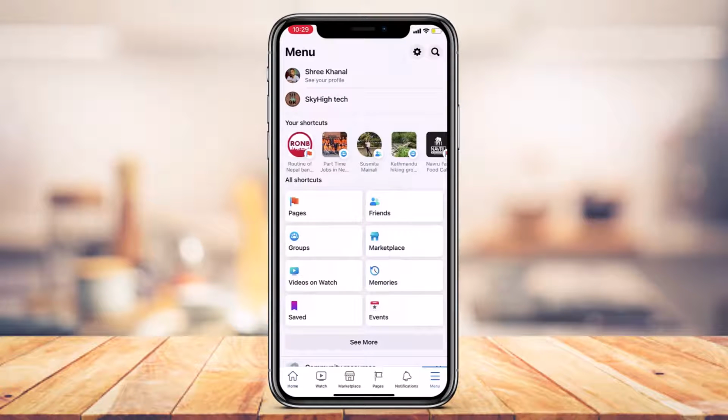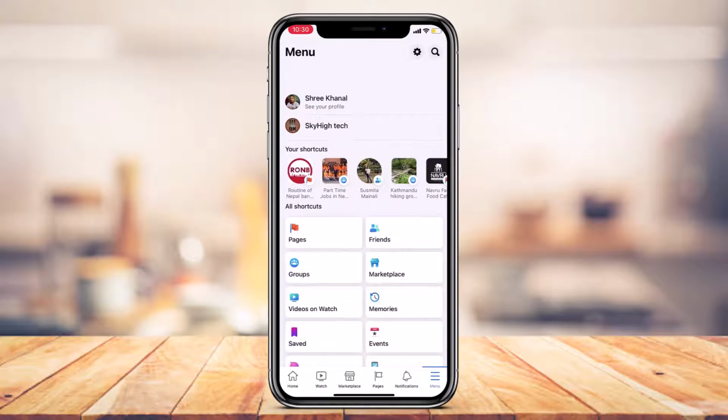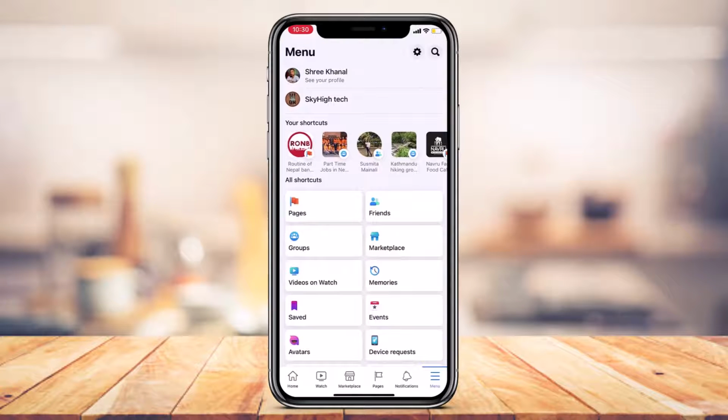Once you go to the menu, you'll be able to see a bunch of shortcuts, a bunch of pages which you have, and a bunch of different options such as settings, help and support, community resources, marketplace, memories, videos, events, saved, and many more options. But in order to log out from the Facebook app, you have to scroll